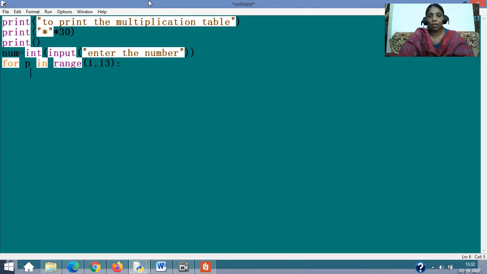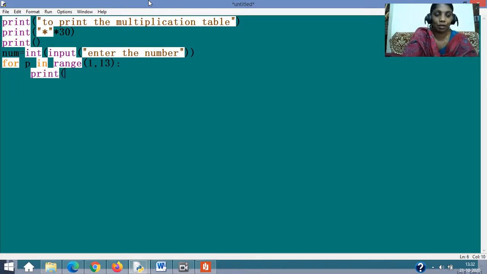And I should think in my mind that I should be printing the multiplication table exactly like you write the multiplication table in your notebook. So it should be 1 into the number. The number is stored in num, isn't it? So where is 1 stored? 1 is stored in P. So first we should be writing print P. Then you should print that into, then num equal to, yes, these two are multiplied.